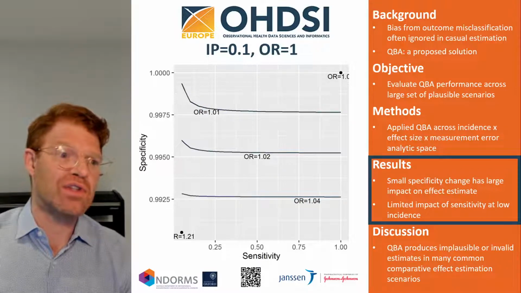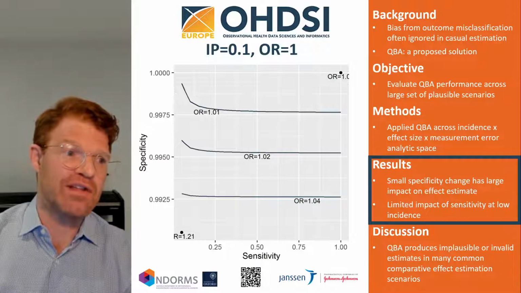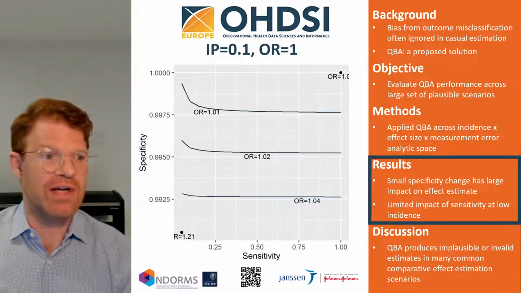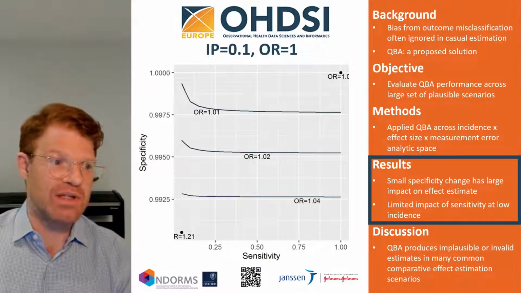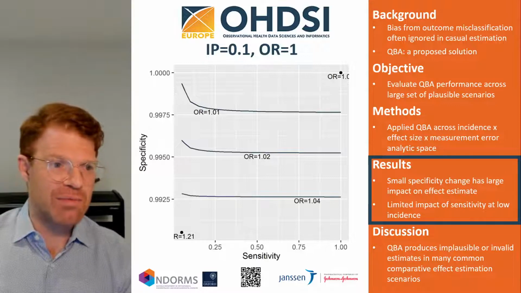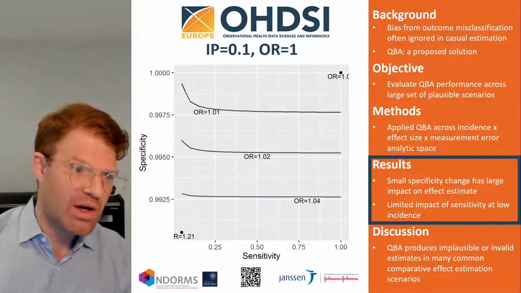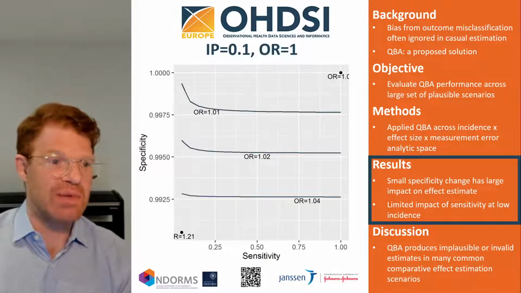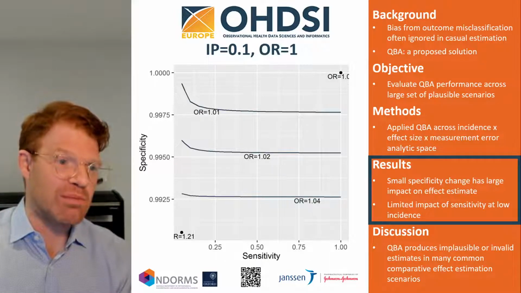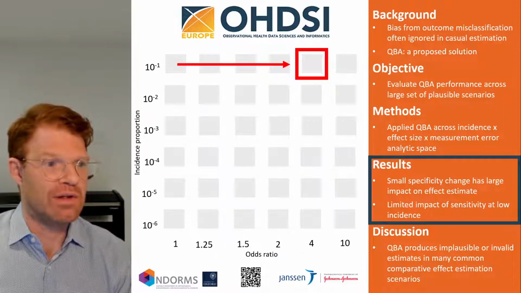The 3 curves are the contours of the 25th, 50th, and 75th percentile of the corrected estimate distribution across this space. In this scenario, the maximum valid QBA adjustment to the uncorrected estimate is about 20%, where sensitivity is around 5% and specificity is 99%, which is in the lower left.